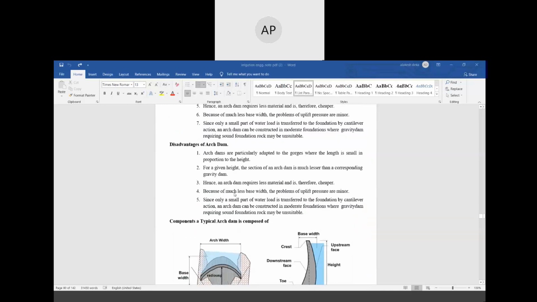Next, the disadvantage: these are particularly adapted to a given height and section. So generally, arc dams are not preferred for a bigger valley. Okay,